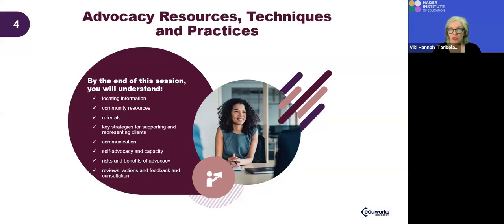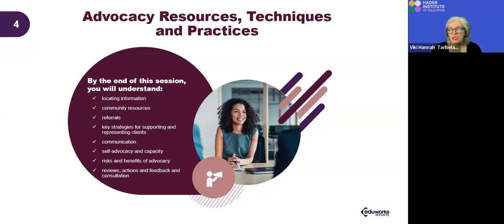Everything must be done with the client's consent, and you act on behalf of the first party, but not as a worker, not as a support worker. An advocate is a completely different relationship, and it has very strict guidelines around what you can and cannot do and how you must document that as well.